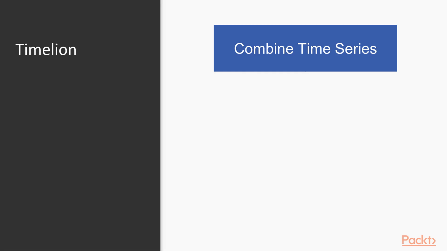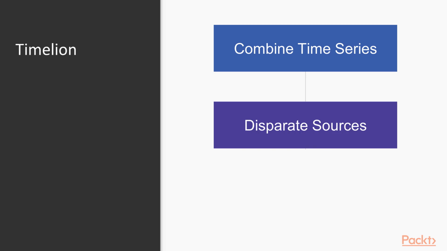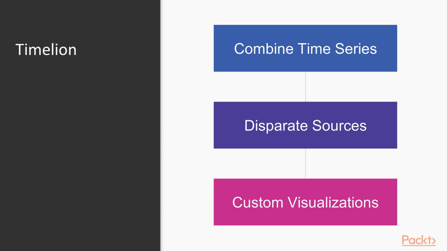So Timelion is a nice visual way that you can make time series graphs and visualizations. We can combine different time series from disparate sources. So we can have two Elasticsearch clusters all being queried by the same Timelion interface. We can build custom visualizations. We can change characteristics of the graphs that we're building. We can change the visualizations of the graphs we're building using an almost programmer-like interface with nested functions and linked